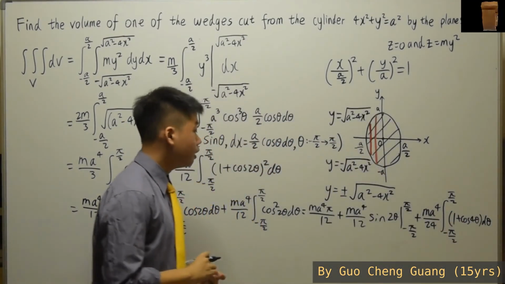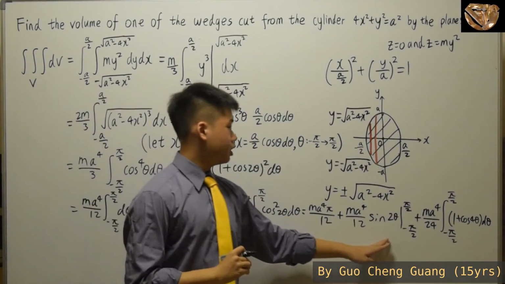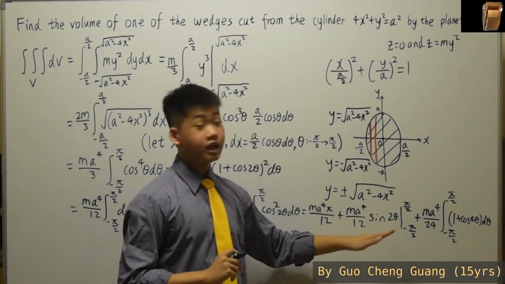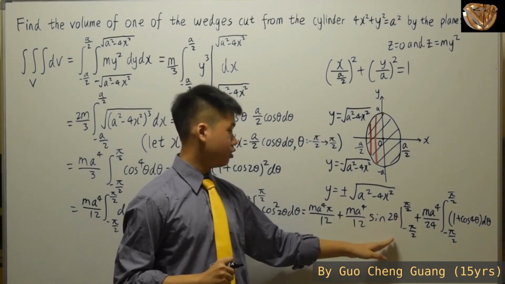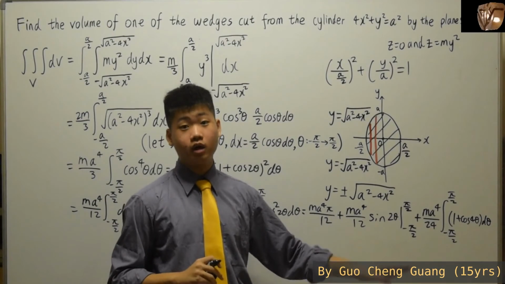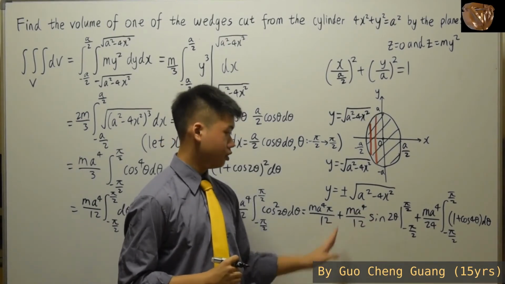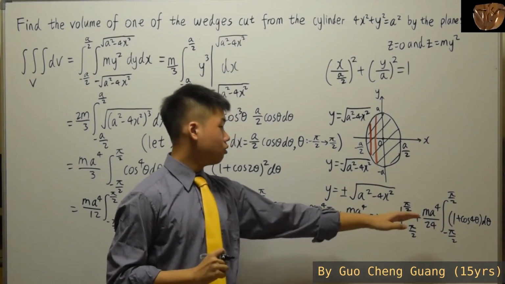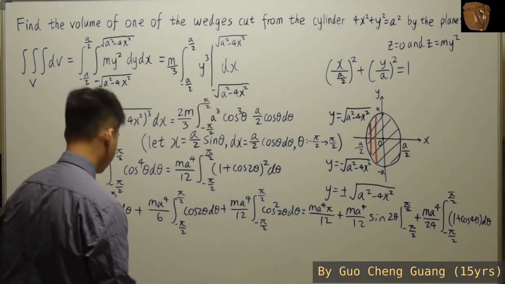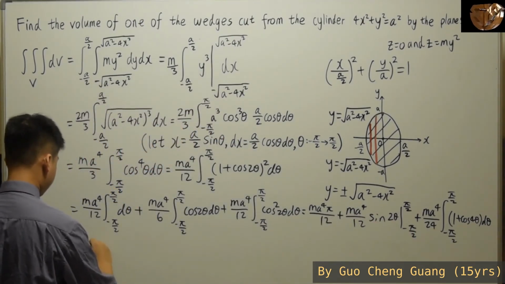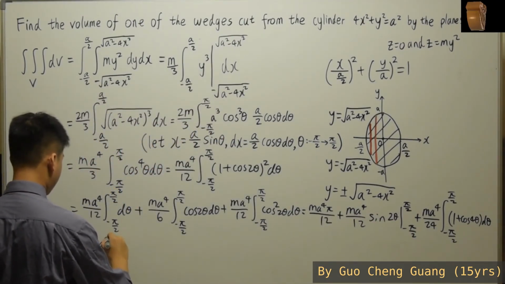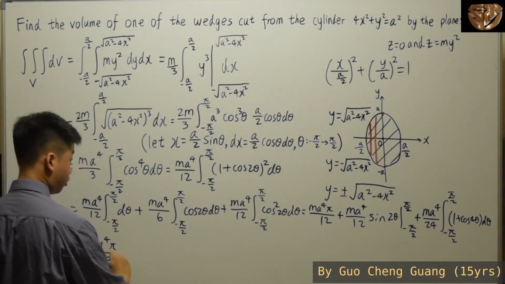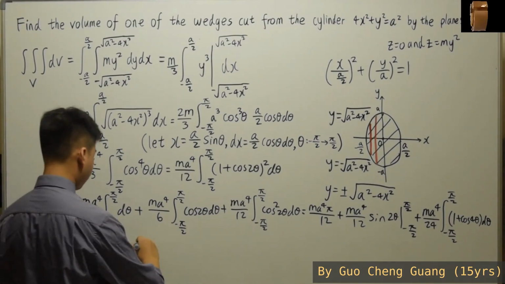Right. So the second term, since you have to substitute in half pi and negative half pi, when you put them inside, you're going to have sine pi and sine negative pi, which both give 0. So that you won't have the second term anymore. Well, for your last term, you are going to separate them once again. So you have ma to the power of 4 pi over 12, then add on ma